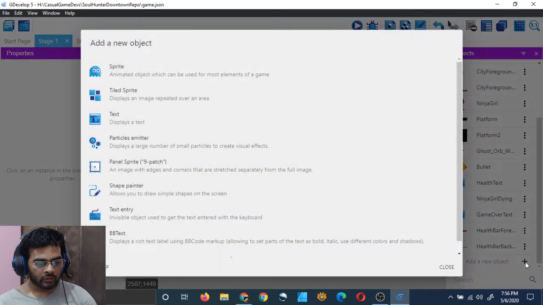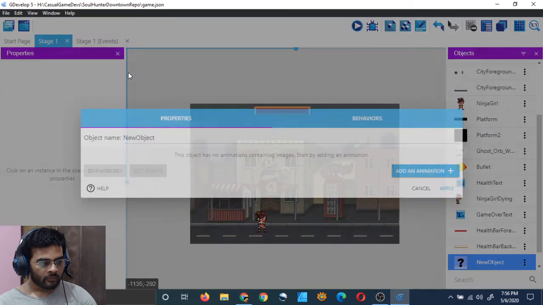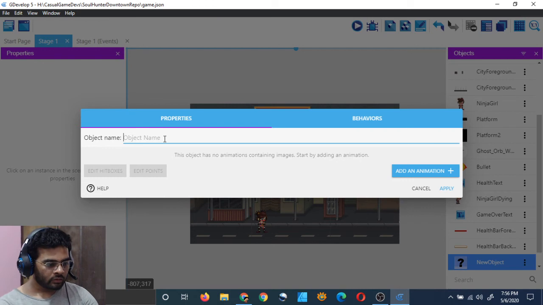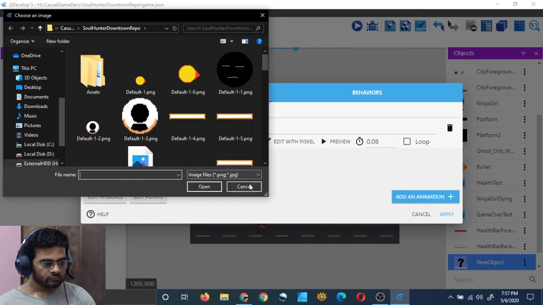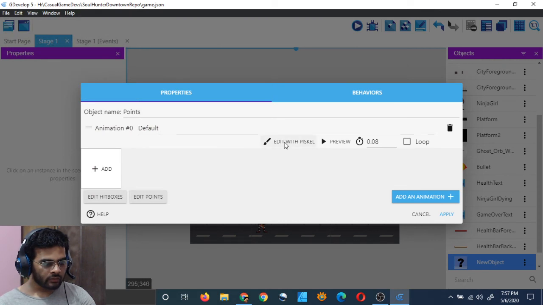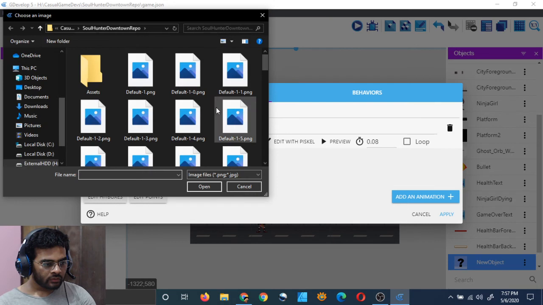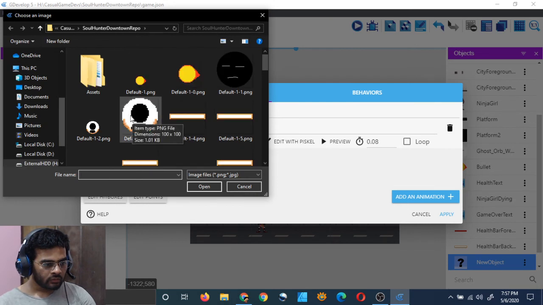Let me click on this, right, and click on add a sprite and type points. Add animation, default animation, and edit. This one is 100 by 100 and edit it.